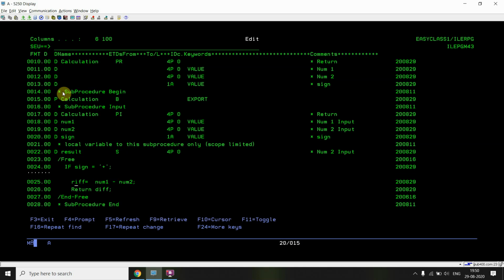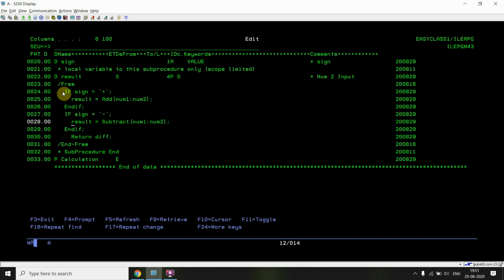So we'll be taking that in result equals add num1 colon num2, since it is taking only two numbers. And if it is minus, then it is calling the subtract, and it will be taking that in result, and then we will be returning the result.